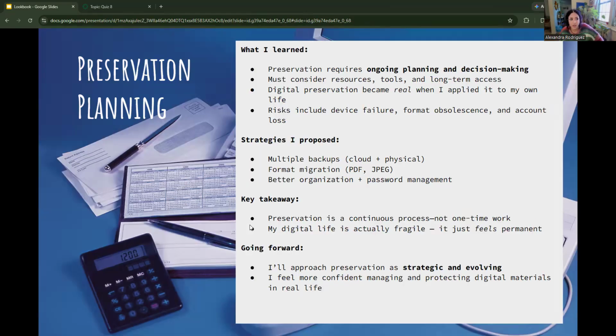And then we have I mixed kind of quiz 8 and the preservation planning project in general, because they were very similar. But so, yeah, my final essay was on preservation planning. What I learned here was that preservation requires ongoing planning and decision making, that we must consider resources, tools, and long-term access. Digital preservation becomes real, and you can very much see the importance of it when you think about